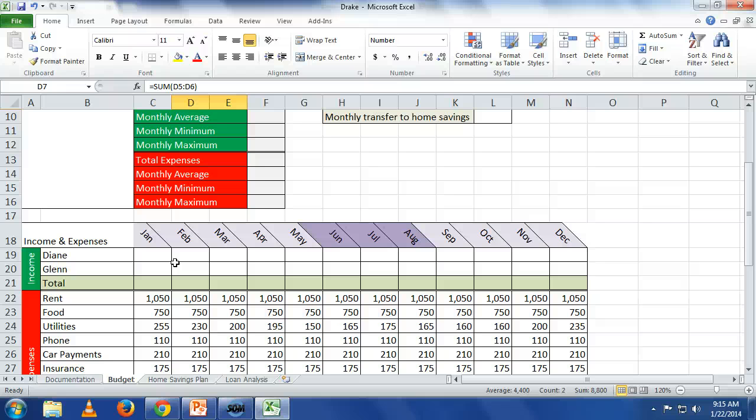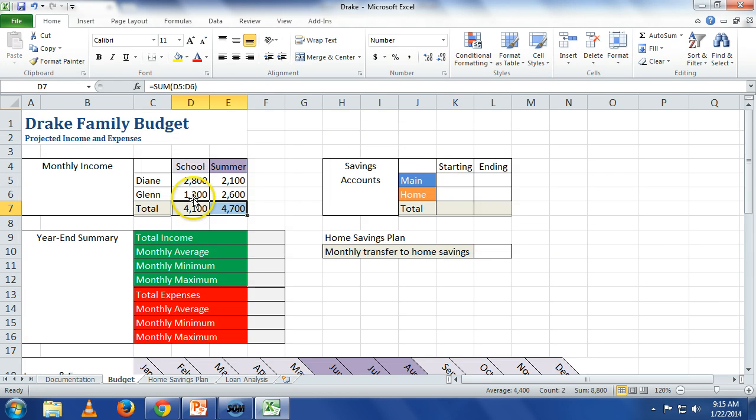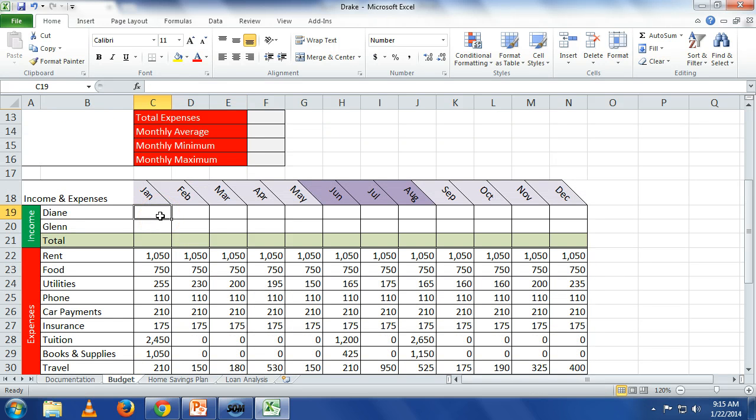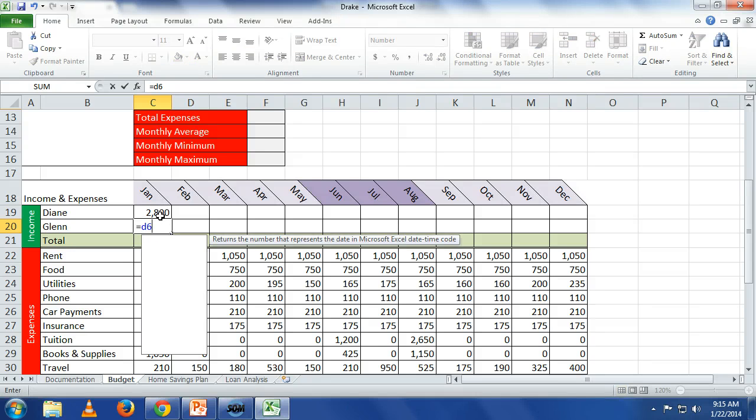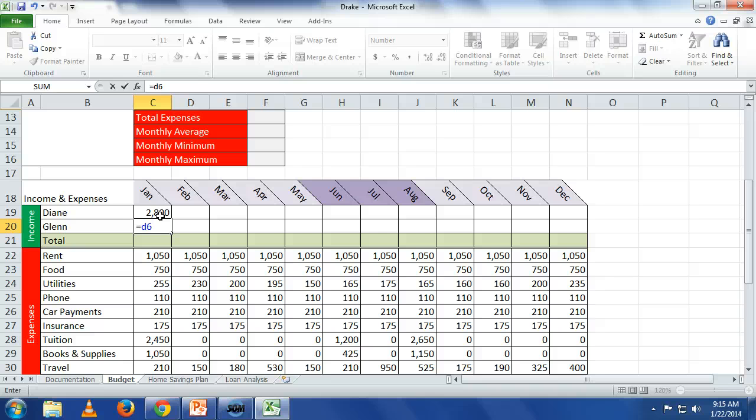So I'm going to enter a cell reference, but it's really not going to have any type of formula. For Diane, I'm just going to put in here equal D5, and that's what Diane makes during the school months. And I'm going to put in equal D6, because I think that's what Glenn makes. And then I might as well auto sum that as well. Because if that 2,800 changes, if Glenn gets a raise or Diane gets a raise, I change it in one place and it's going to autofill. Now, this only applies to